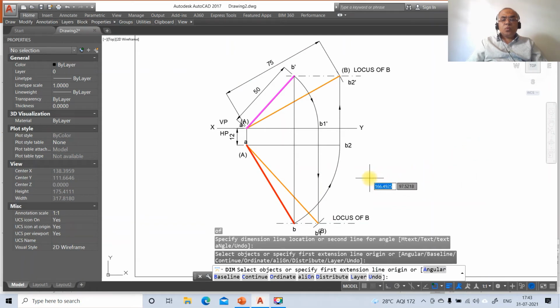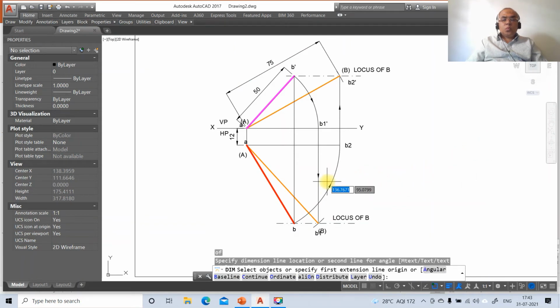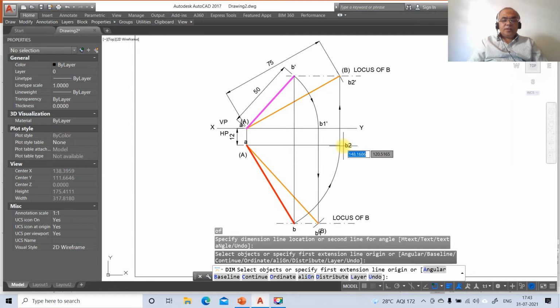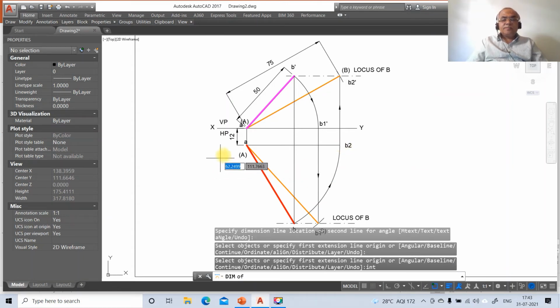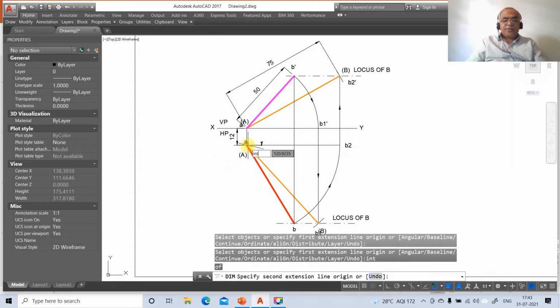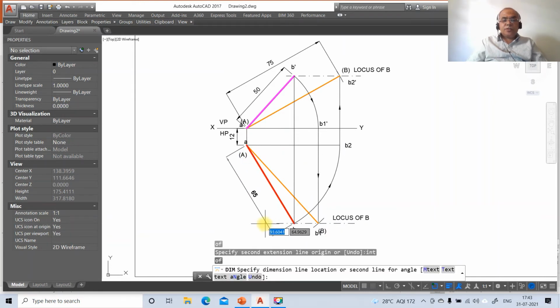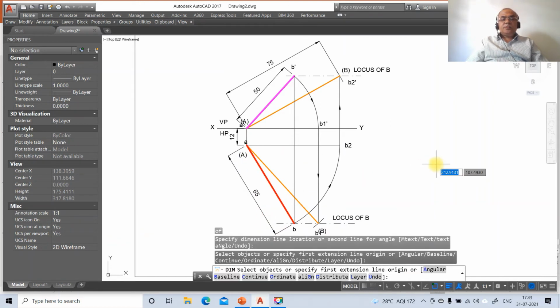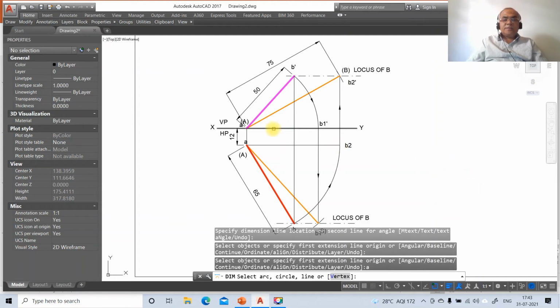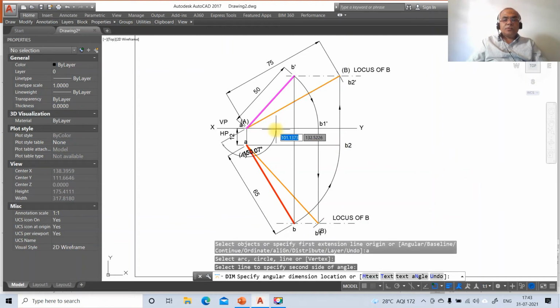Then go to top view, so here take int of this and take the intersection point of this, so you're going to get it as 65. So now we need to go for angular, select between these two, so you're going to get it as text